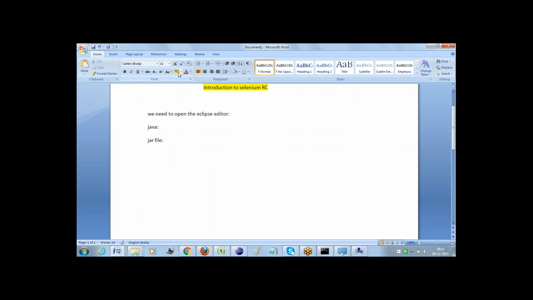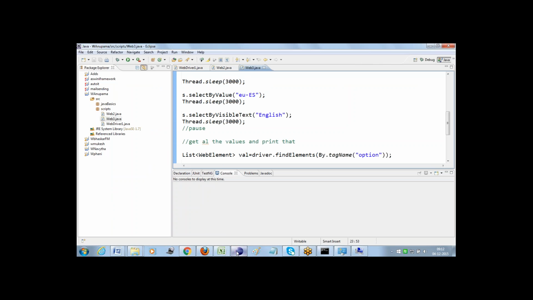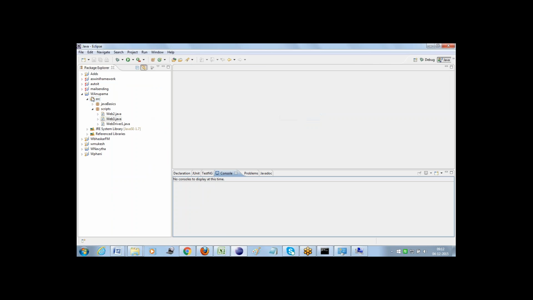Okay, that's fine, guys. So this is about a jar file, and now we open the Eclipse editor. Once we open the Eclipse editor, this is how it will look. Our objective is to work on Selenium with Java, hence I need to create a Java project in my Eclipse editor.